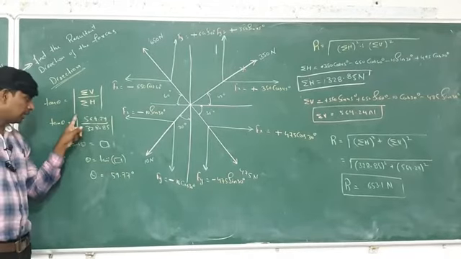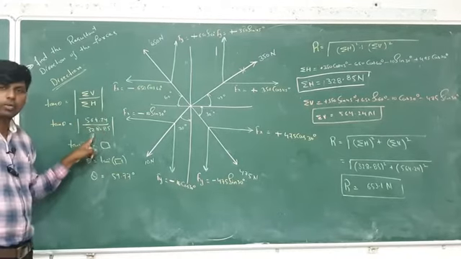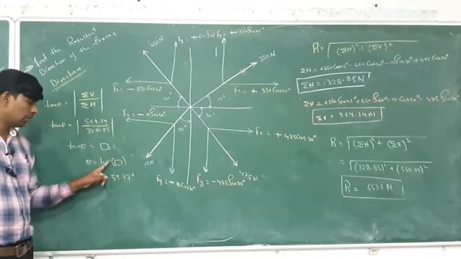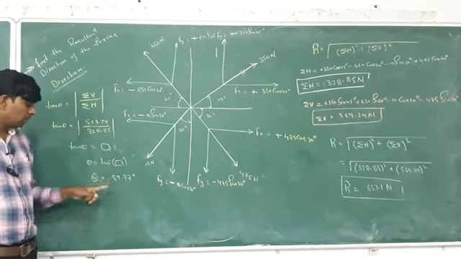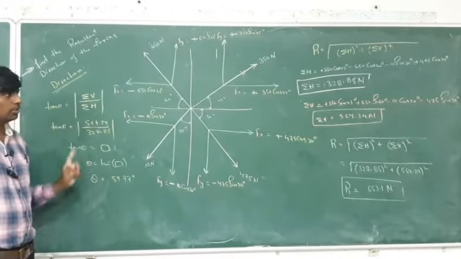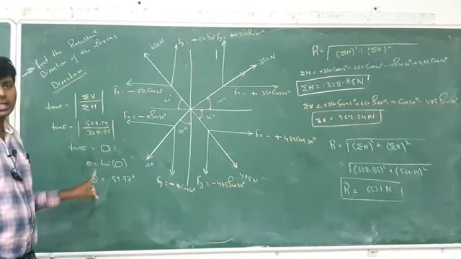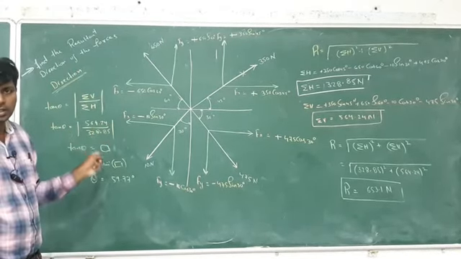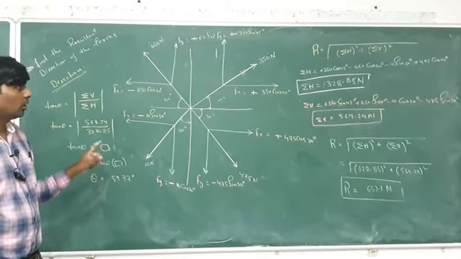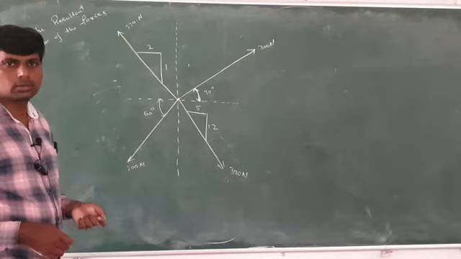Tan theta is equal to the modulus of this sum of vertical value, which we already got, by this sum of horizontal value. After that you get the tan theta, and theta is equal to tan inverse of this; you will get the value of theta as 59.77 degree. You have to remember this: sum of horizontal, sum of vertical, resultant, then tan theta. Whenever more than 3 forces are given, you have to find it like this.